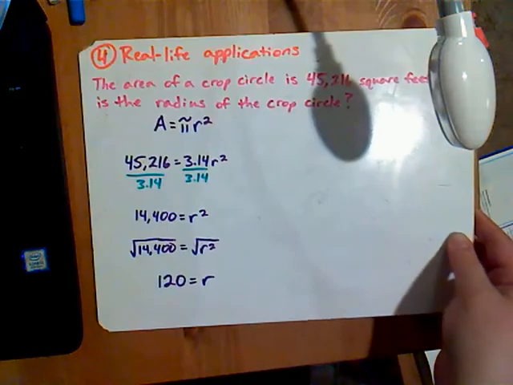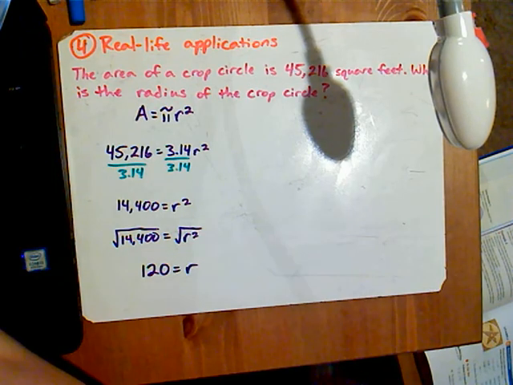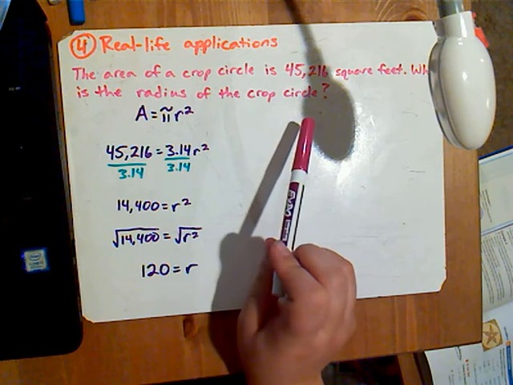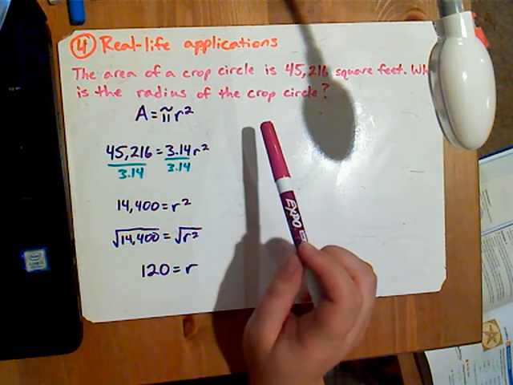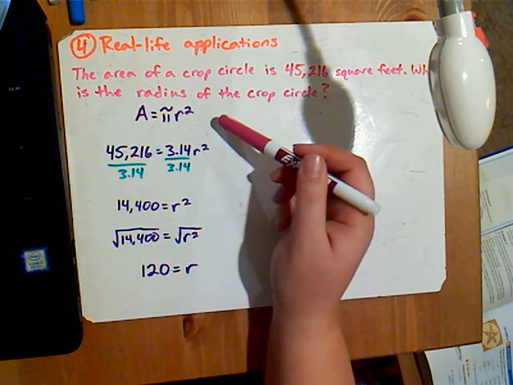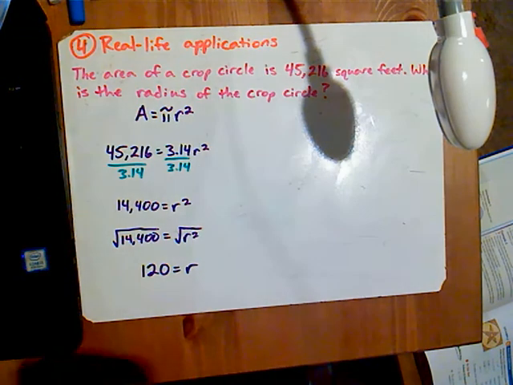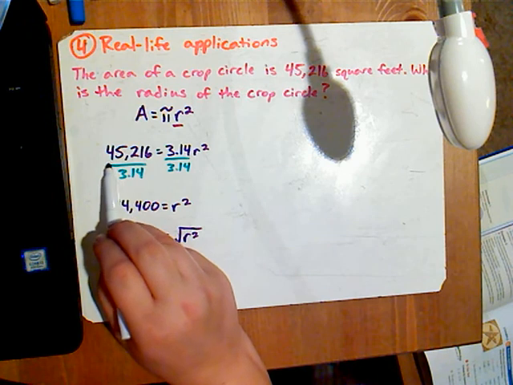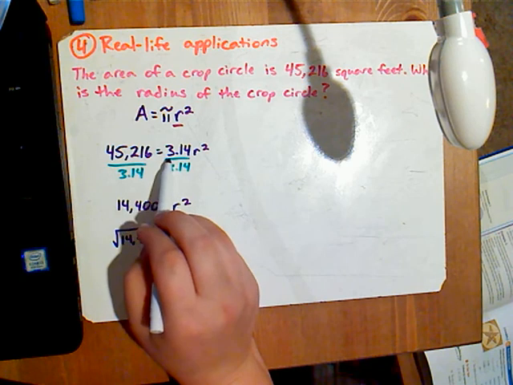Our final example is going to be a word problem that uses square roots. This word problem says the area of a crop circle is 45,216 square feet. What is the radius of the crop circle? To find the area of a circle is pi r squared. So we're trying to find this radius. We know that the area is 45,216. Pi is 3.14